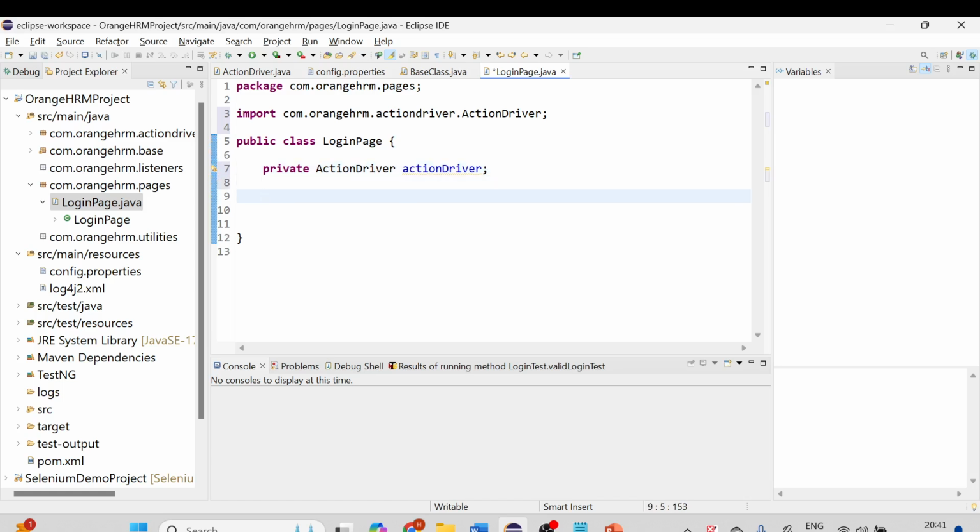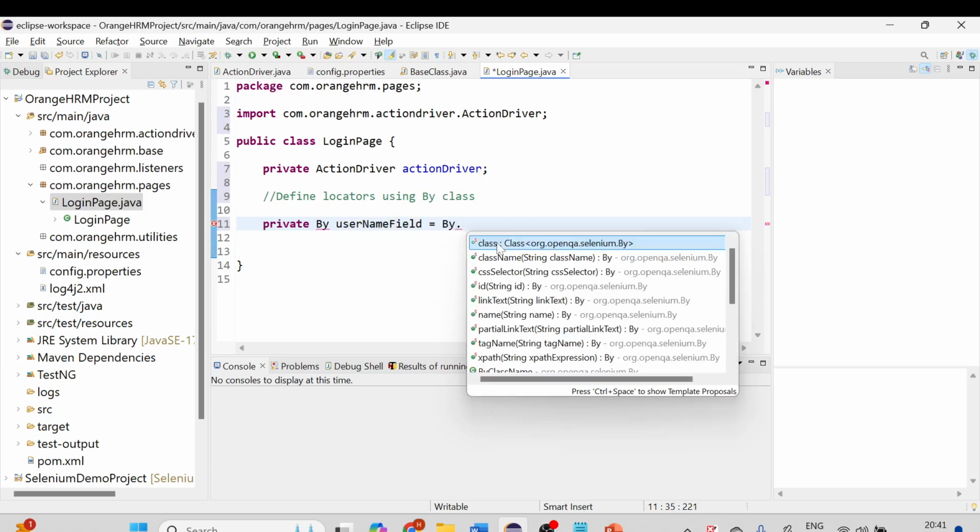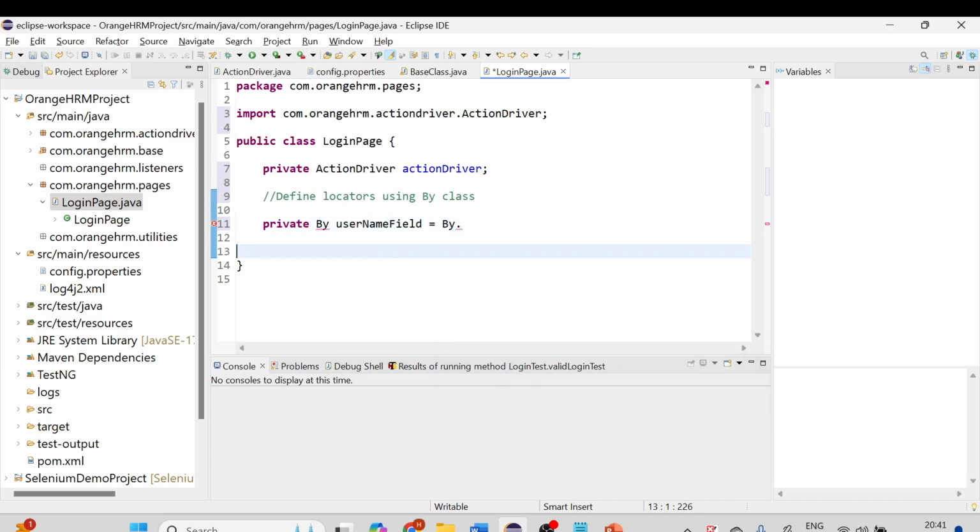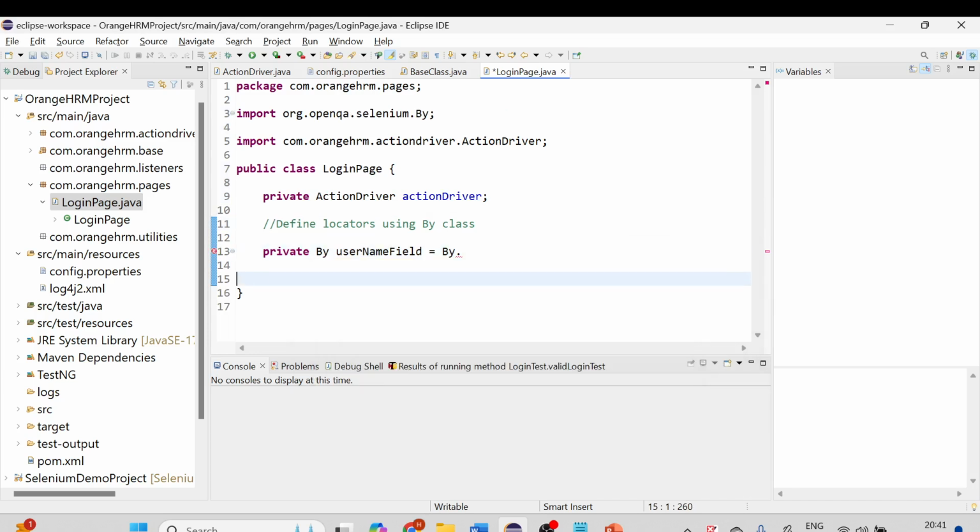Now we'll define all the locators. Define locators using the By class, correct? Using By. I'll declare them as private only. So private By, let's say usernameField. We'll try to use different locators. I think we need to import this By first from org.openqa.selenium, and here we can write By dot,